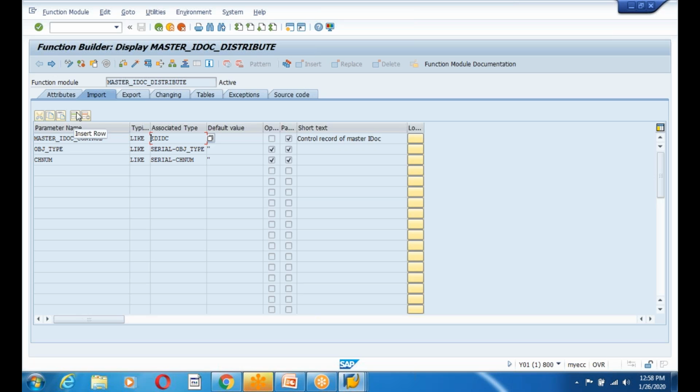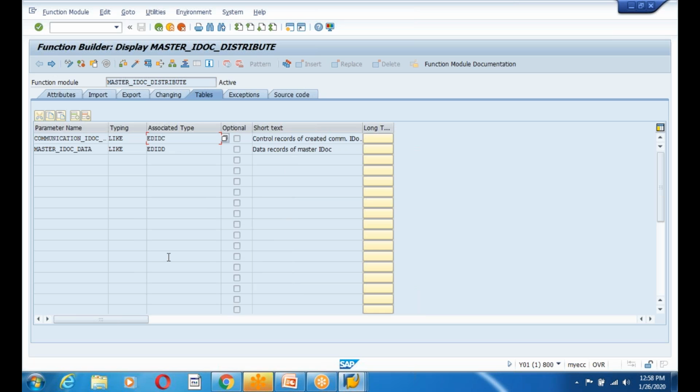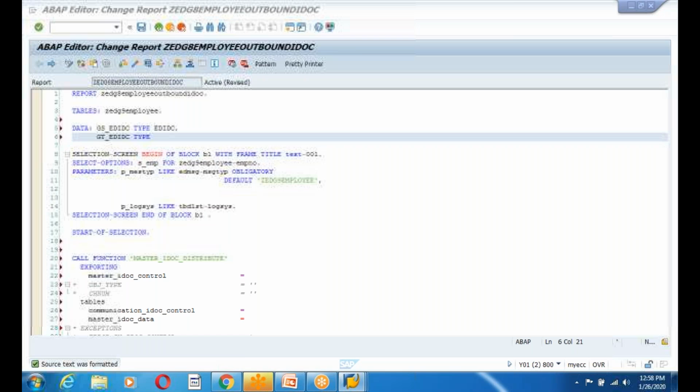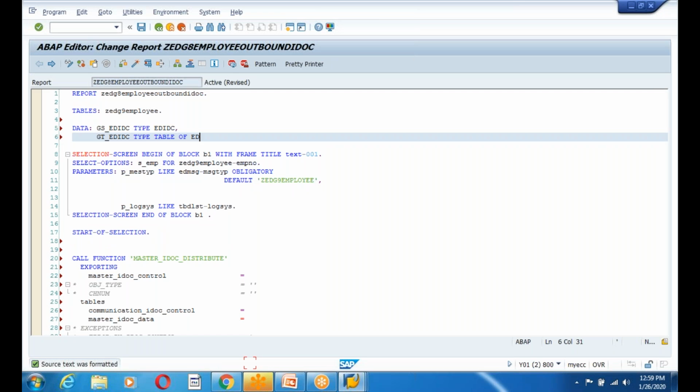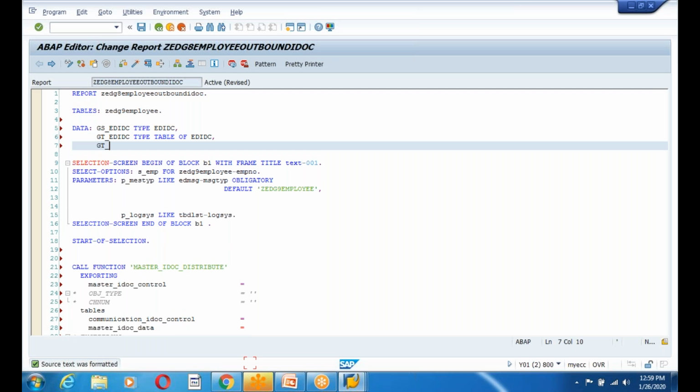That's why they have given multiple IDocs as multiple partners. Suppose one program will send to BW, MDG, and another system. So multiple partners I need to maintain. That's why they are given in the table section. So I'm going to create a type table of EDIDC, GT_EDI_DC, and GT_EDI_DD,